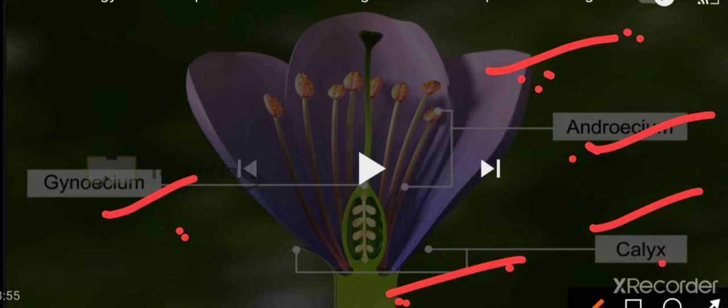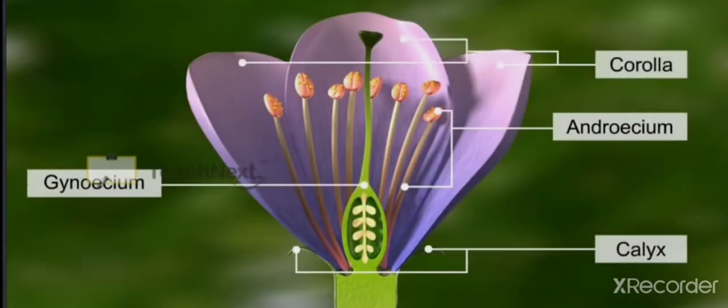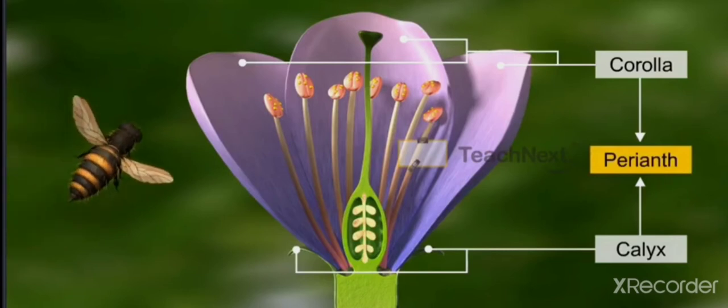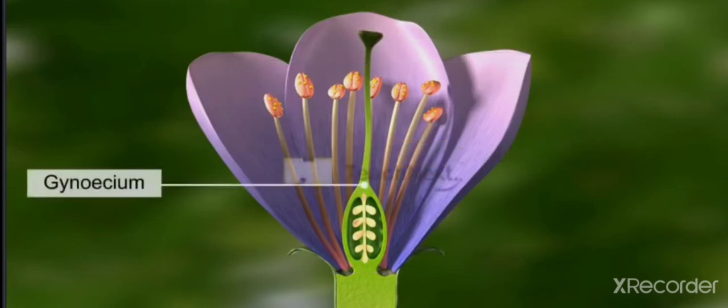The corolla and calyx we call non-essential whorls, and the gynoecium and androecium we used to call essential whorls of a flower. And here you can see the different parts of the flower, and each part has different roles to perform. The calyx, corolla, androecium, and gynoecium, all the parts have different roles to perform, isn't it? The essential whorls are there and non-essential whorls are there.